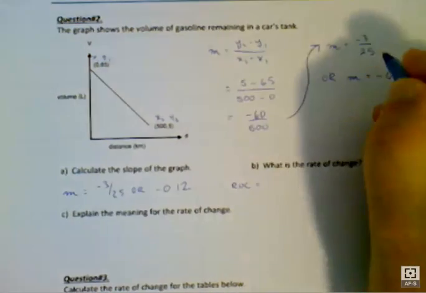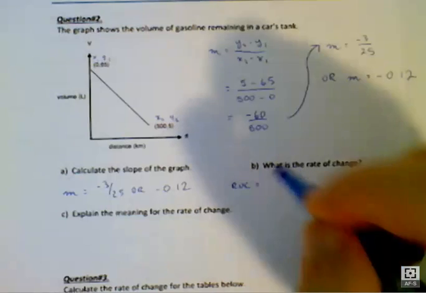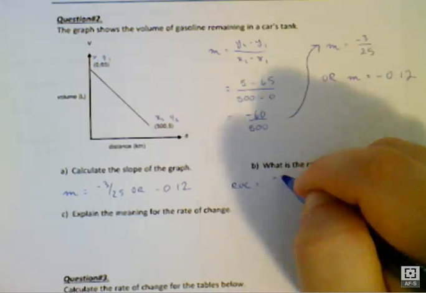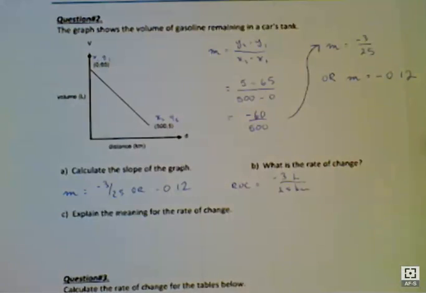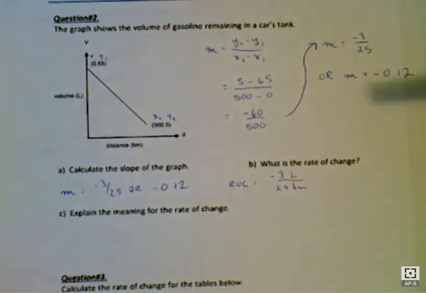First, with our minus 3 over 25, that means it's negative 3 liters per 25 kilometers. The volume in the tank goes down by 3 liters. You burn 3 liters of gas for every 25 kilometers you drive. As a unit rate,